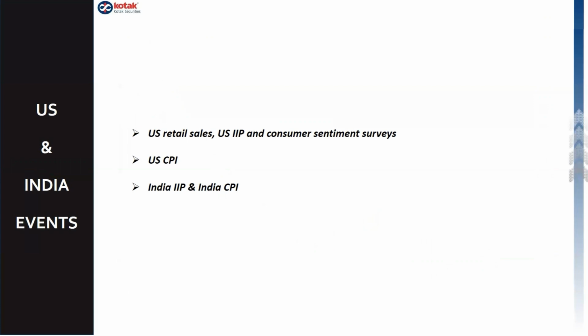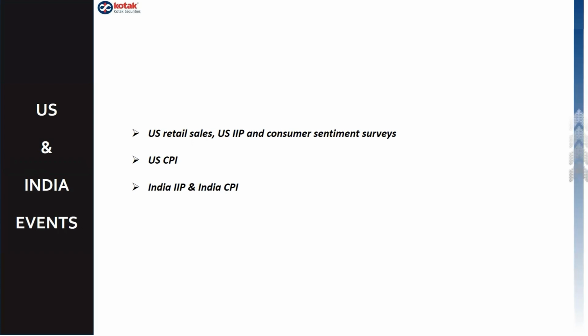In the US, we have to watch the retail sales specifically, because out of all the data, retail sales and CPI are going to be critically important. Stronger retail sales and very high inflation are a recipe for the Fed to go on faster hikes. The Fed is already expected to hike by 75 basis points in the July meeting, then 50 basis points in September, and thereafter 25 basis points, taking the interest rate to 3.5% by the year end,